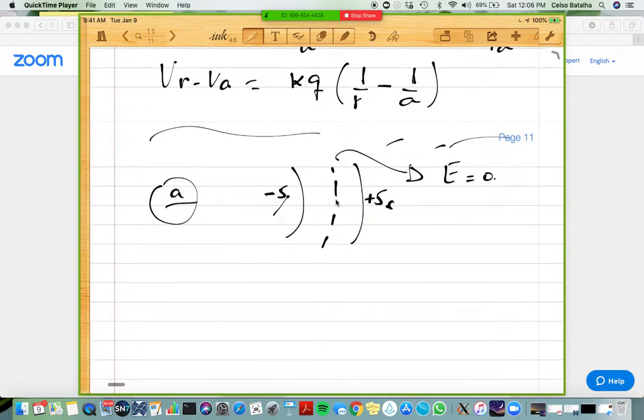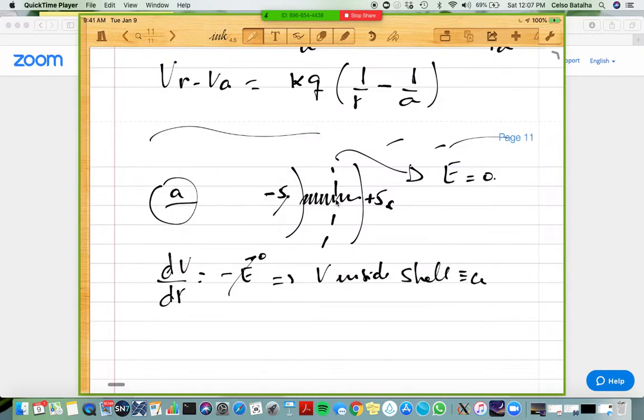Then to find the voltage inside the shell, same equation, dV/dr is equal to negative of the electric field, which we know is 0. So we find the voltage by the same token. The voltage inside the shell must be constant,